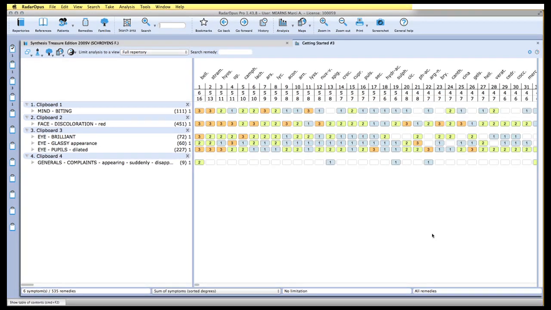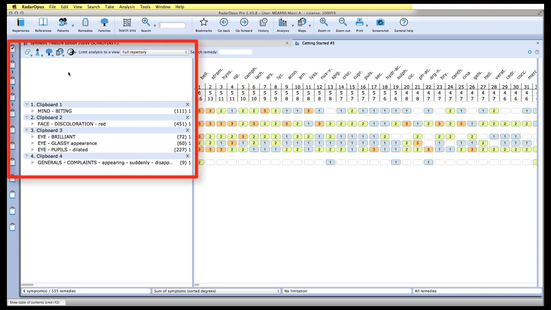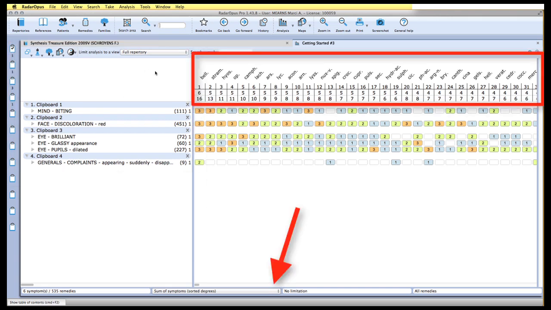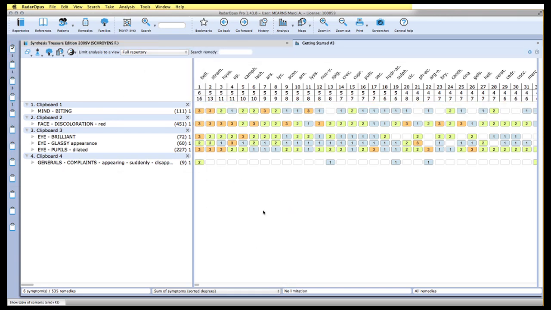All right, we're ready to wrap up our case here. We have pulled our rubrics together on 4 clipboards. We've looked at the results of our analysis using the sum of symptoms sorted degrees method. And now what I'd like to do is walk you through a quick way to access some materia medica on the remedies of interest here and hopefully make a decision on the remedy that we'd like to give in this